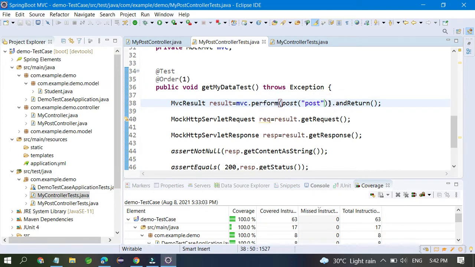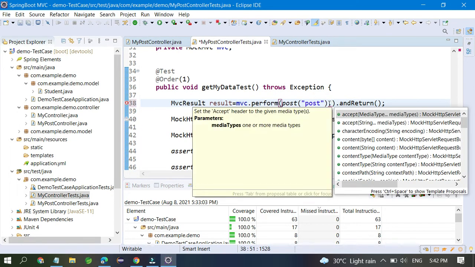What media type can this accept? You have to set the header application/json as the content type, and the content is whatever content you have to send.